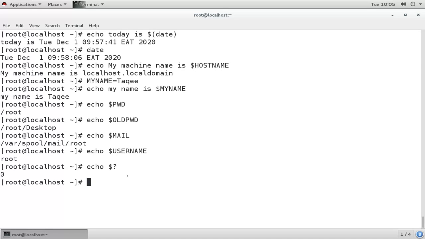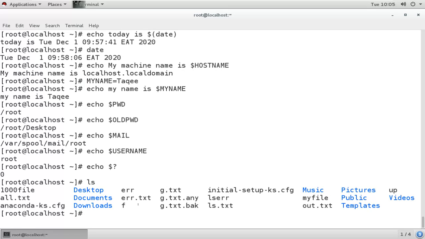That means, let's say for example, I run ls, the command successfully executed. Now when I mark,